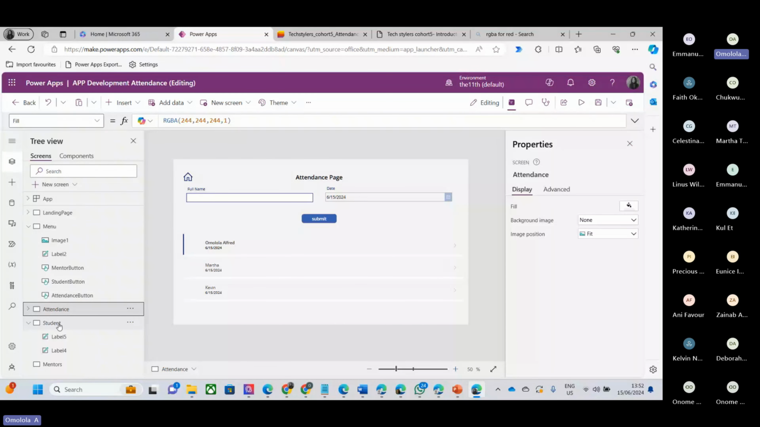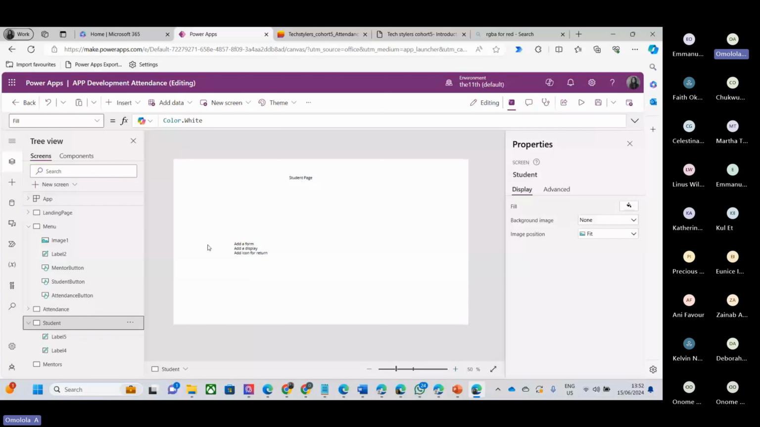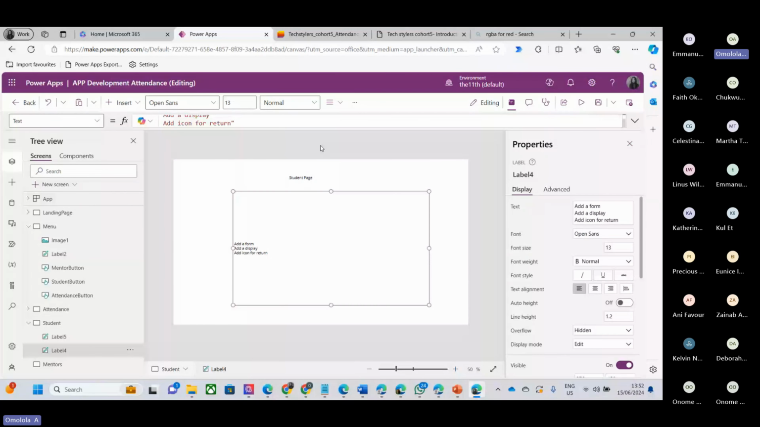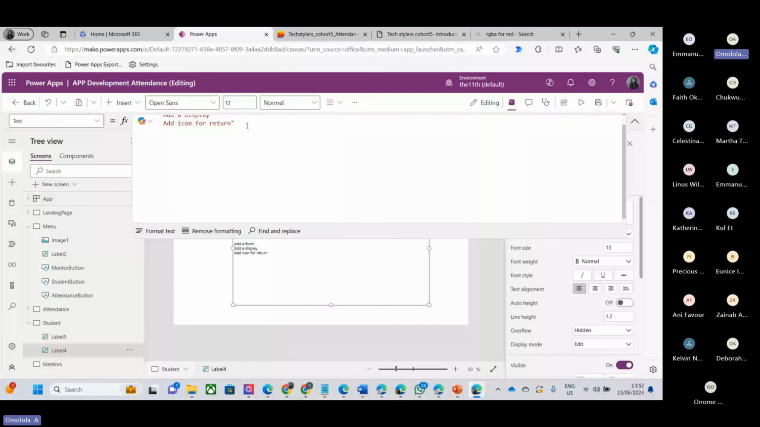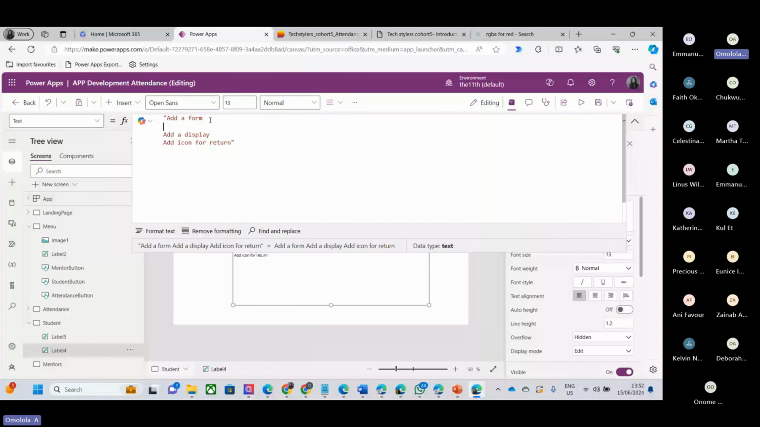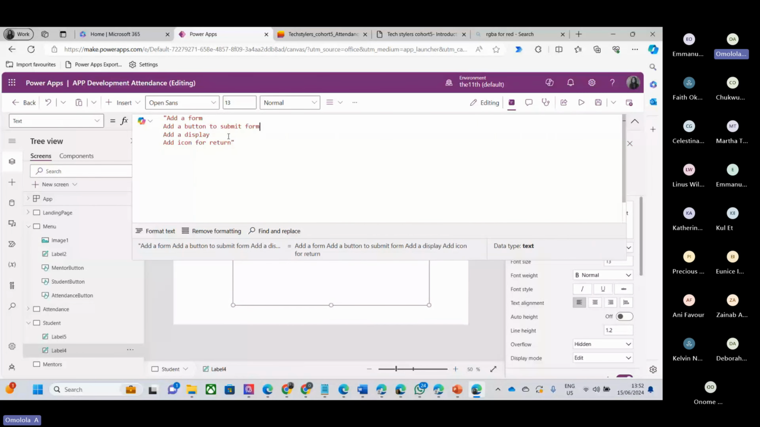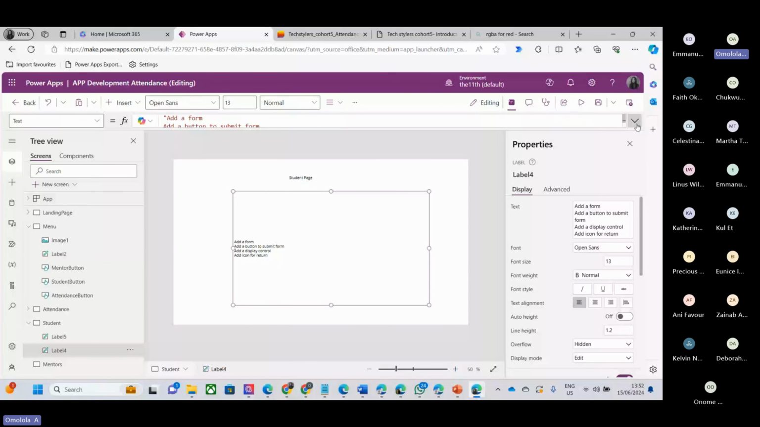So on the student page, I want you to also be able to submit your form. Okay, add a form, add a button to submit form. So you add a form, add a button to submit form, add a display control, which is your gallery, add an icon for return. All right. So that means that when I come to menu and I go to student, I'll be able to